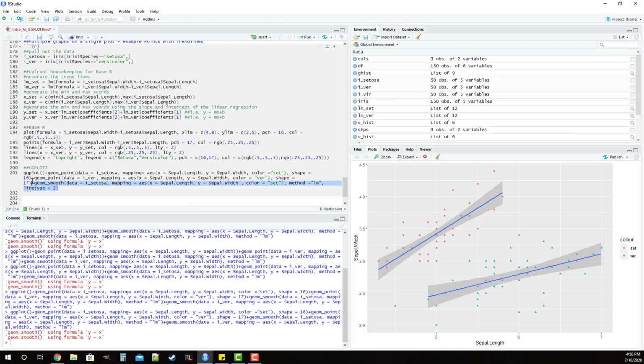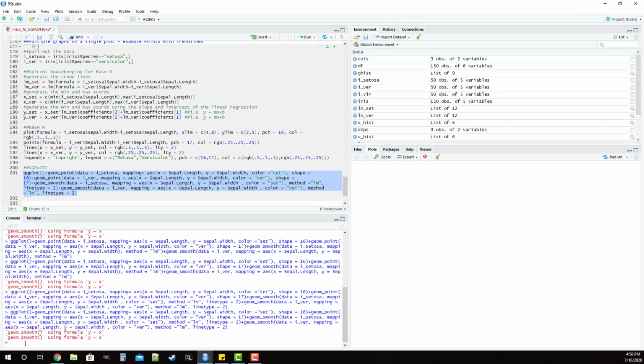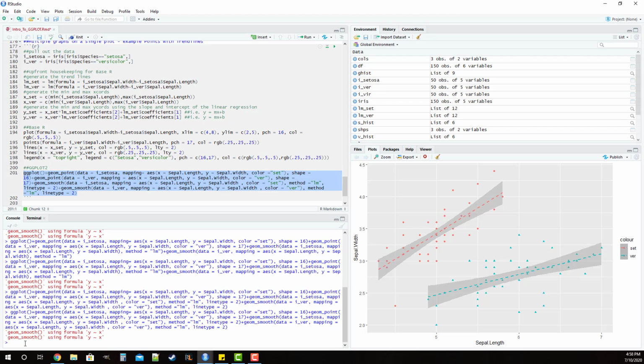So I'm going to go ahead and copy this here and switch Setosa for versicolor, and switch this from set to ver. So what I want to do is run this. And you can see here that we've